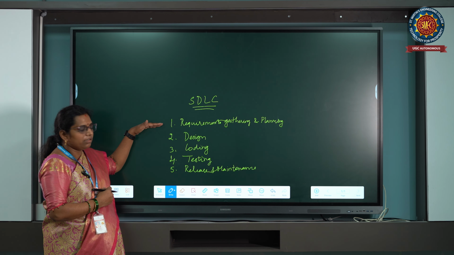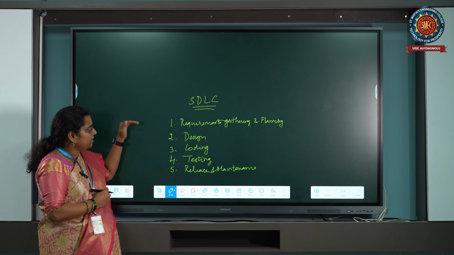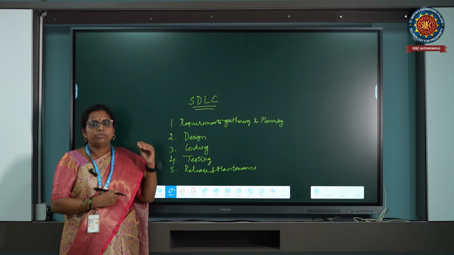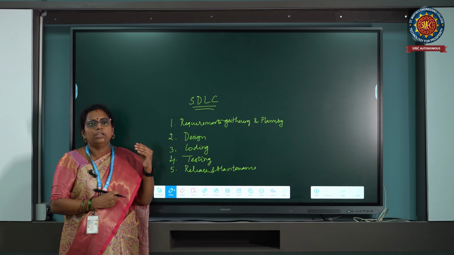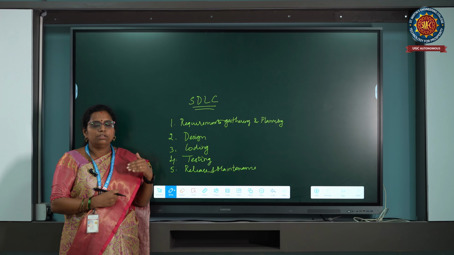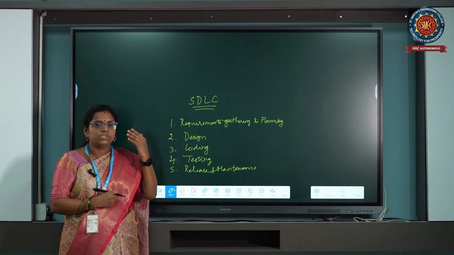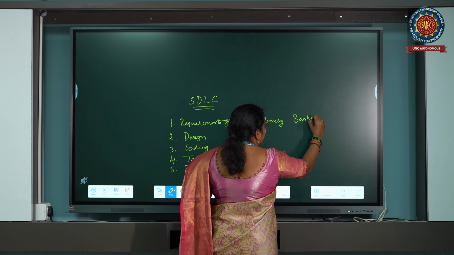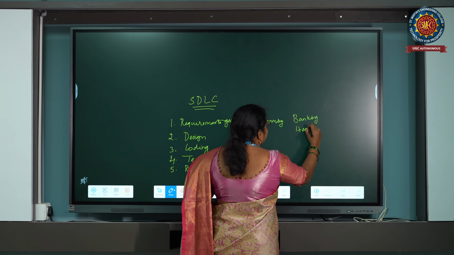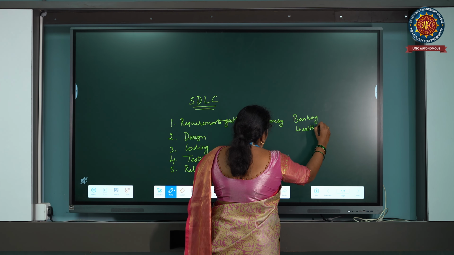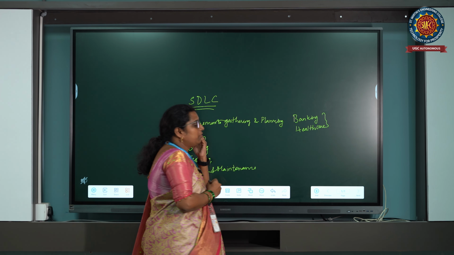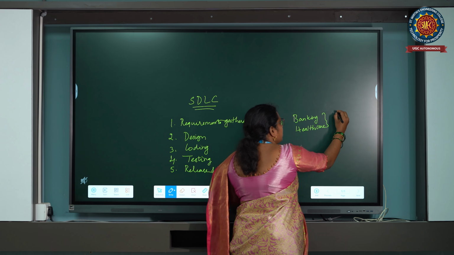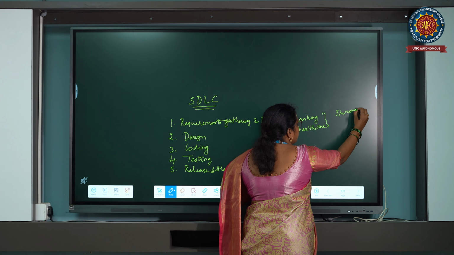First, requirements gathering and planning. For what we're using this is, suppose in general terms, if we go for a software company. Generally, if the customer doesn't know software, now he approaches a software company. For example, if we have a banking sector or a healthcare center, right? Now, these people want to go for the software, complete software they want to do. What they do is they approach the software company.